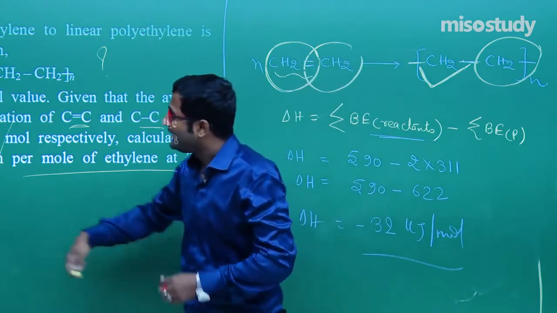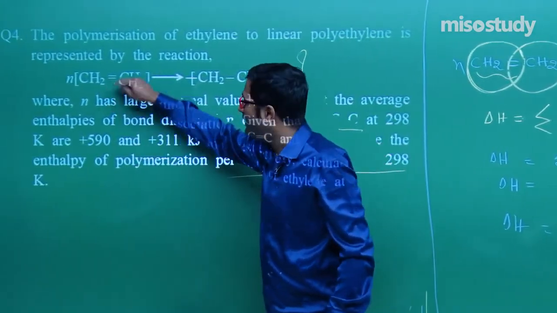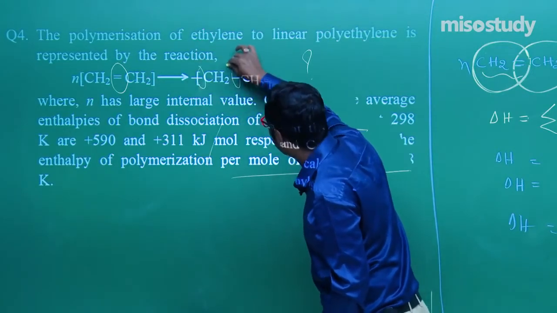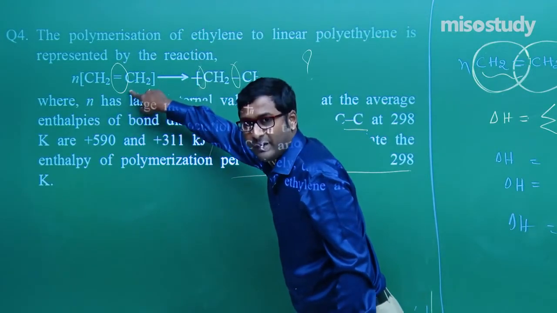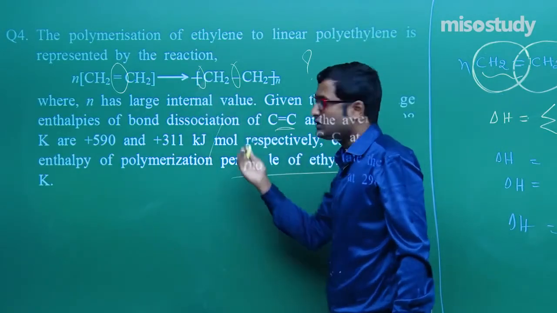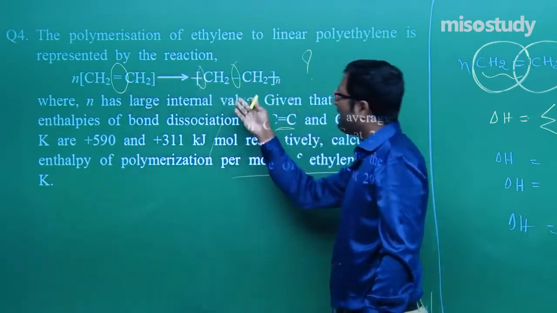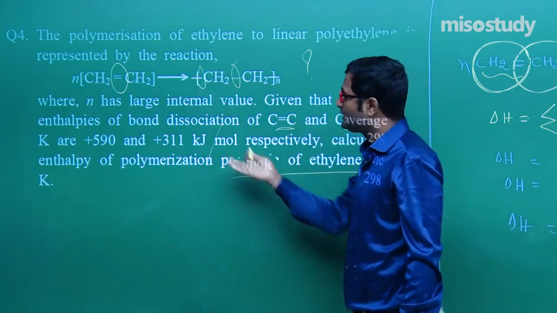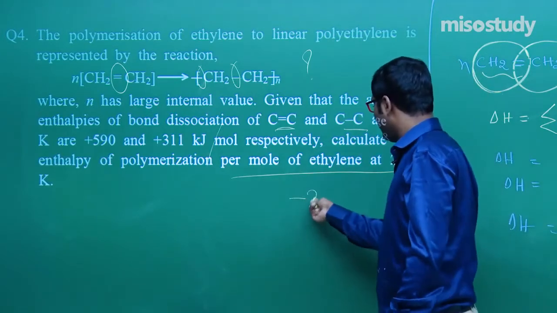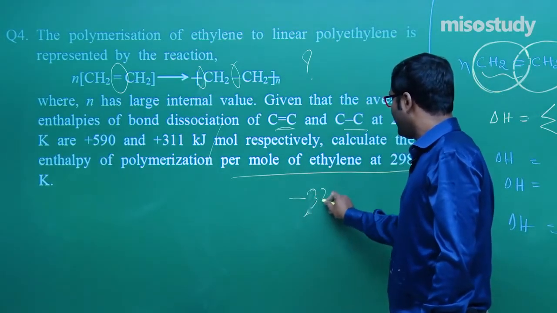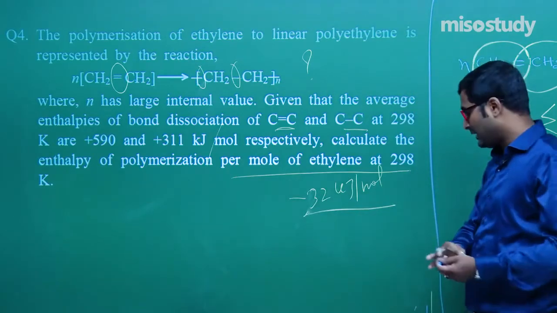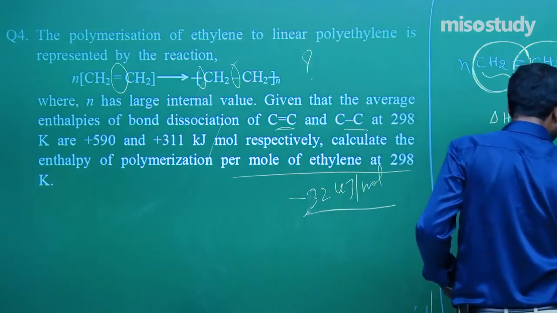Check out the question. If there is a presence of a double bond, then 1 double bond will break and there is a formation of 2 single bonds, and we know delta H is equal to bond energy of reactant minus bond energy of product. If you put in the values, you get the answer. So for this question, the answer is minus 32 kilojoule per mole. Clear? Now I'm going to rub this part, friend, and we'll discuss the next one.